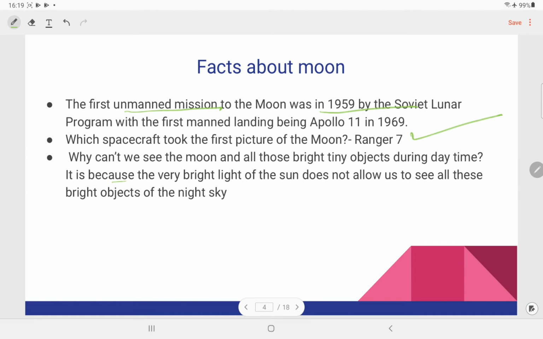Because it's simple, the very bright light of the Sun does not allow us to see the Moon. So missions like Ranger 7 or the 1959 Soviet lunar mission can be helpful. And we all know that in 1969 Apollo 11 happened, after 10 years of the Soviet mission. So, moving on,